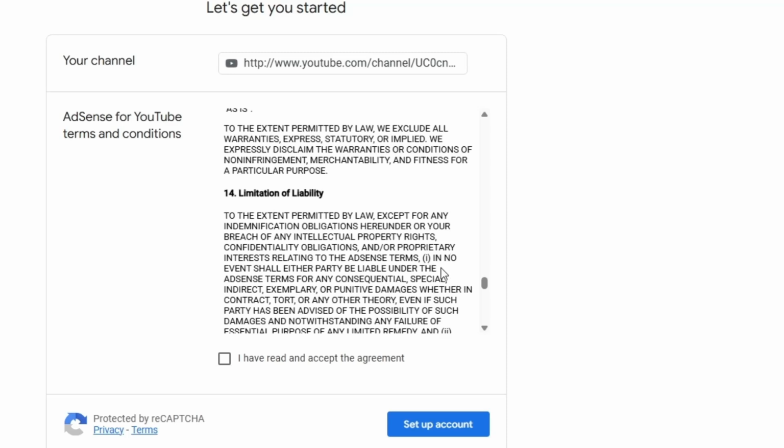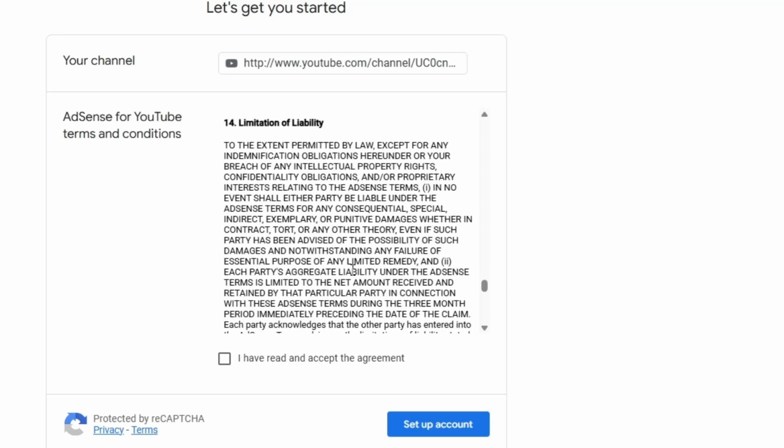1. In no event shall either party be liable under the AdSense terms for any consequential, special, indirect, exemplary, or punitive damages whether in contract, tort, or any other theory, even if such party has been advised of the possibility of such damages and, notwithstanding any failure of essential purpose of any limited remedy, and